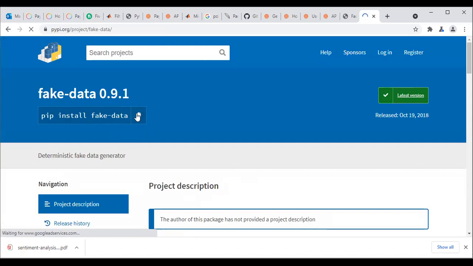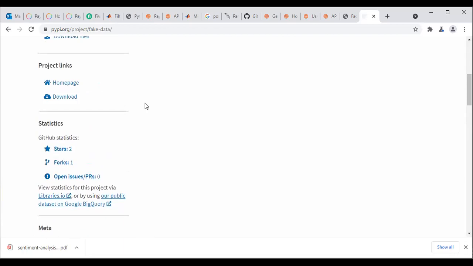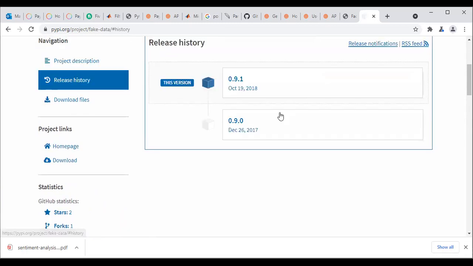You can see that these libraries are always in versions, release versions. The latest release version is 0.9.1, but you can see previously released versions. You can look at release history to see the previously released versions. You can see that 0.0 was released initially.